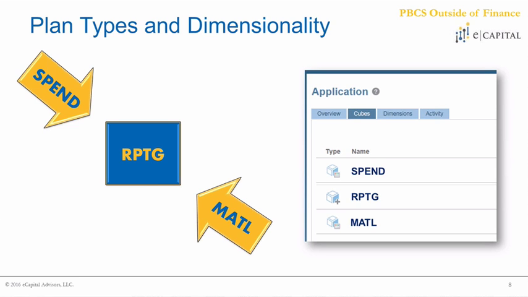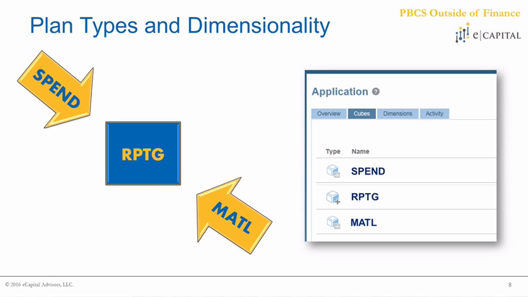What I mean by that is trying to define plan types that include a specific piece of information or specific dimensions. The example on the PowerPoint slide is an organization tracking spend. From an operational perspective, you may have plants and warehouses and be tracking the expenses incurred at those physical locations. Maybe you also want a different plan type where you're tracking detailed SKU level products and materials. Ultimately, it would be nice to report both of those at once, but the forecasting and budgeting process is independent. So in this case, we have a plan type for spend and a plan type for material,